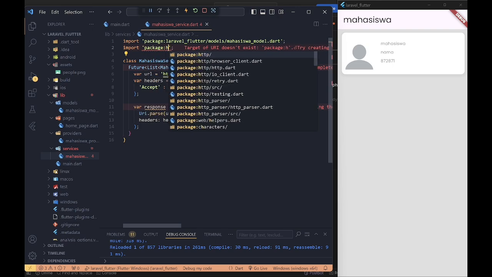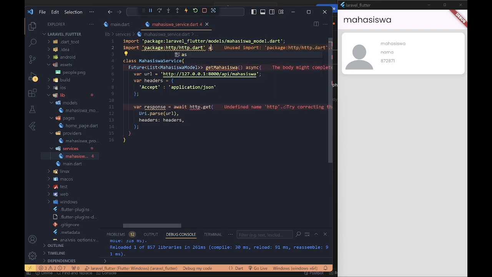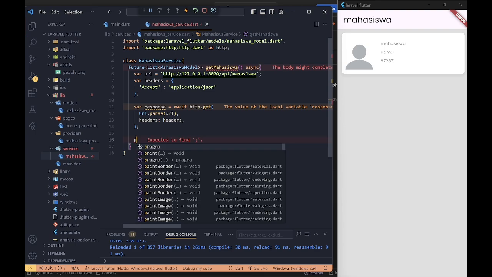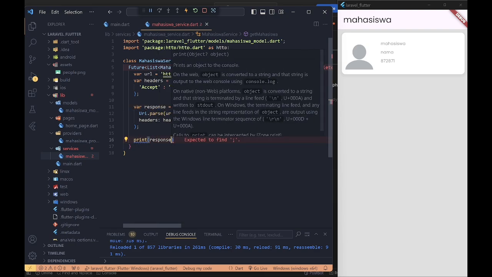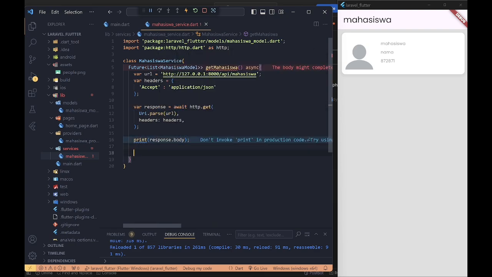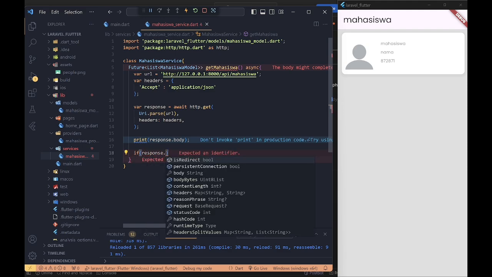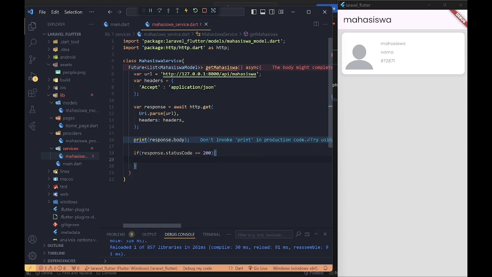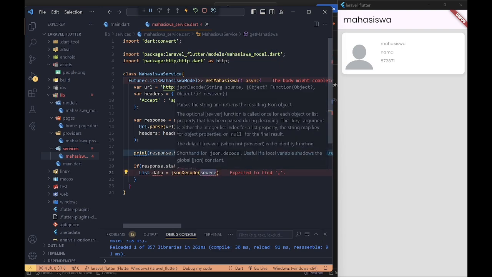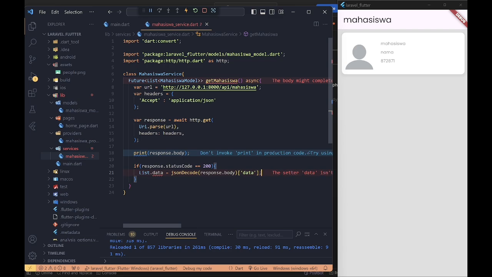And now we will import the package for http. And bring the response body. If the response status code is 200, or success, we will display the data.